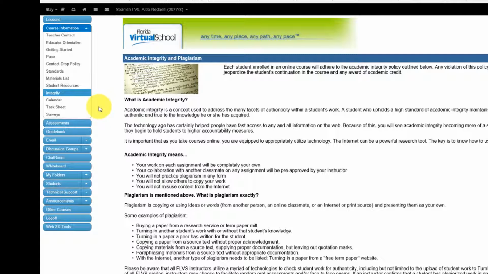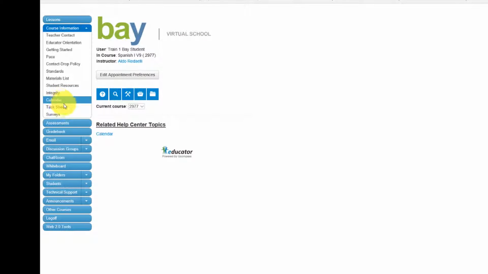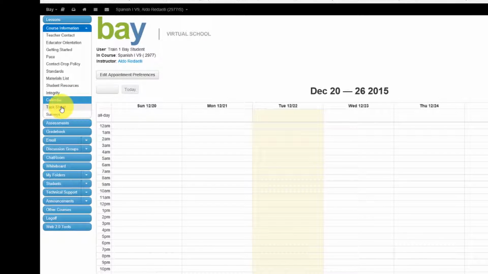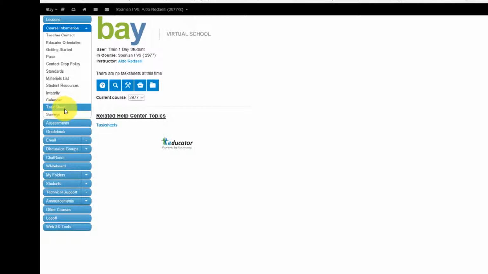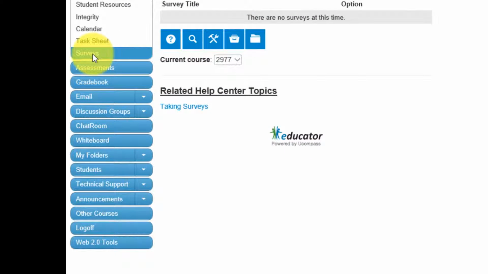be a better student. Again, it talks about integrity, and we already talked a little bit about that, but again, it's going to be emphasized throughout the entire course. It talks about academic integrity, plagiarism, what is not plagiarism, and it gives you some examples. So again, very important. There is a calendar in case you need to set up appointments or reminders. There is also a task sheet, and we really don't use the task sheet or the surveys, but